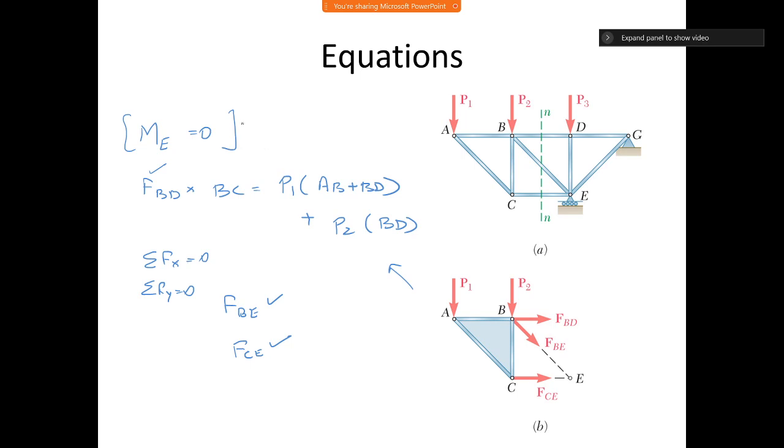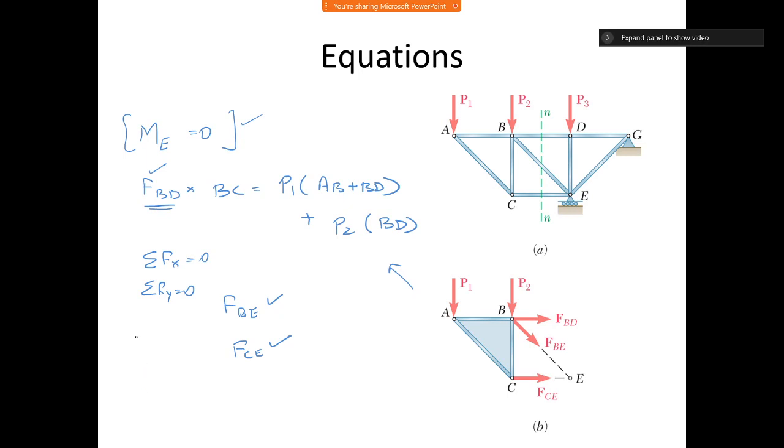So now this is quite a powerful way of simplifying equations and getting just one variable, right? So now I can choose some special points. I can also balance moment about point D or point B, right? So yeah, if I balance moment about point B, I can get FCE directly. So this gives you a very quick way of getting the solution.